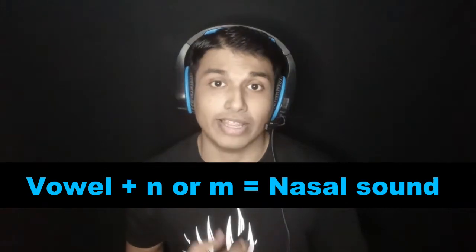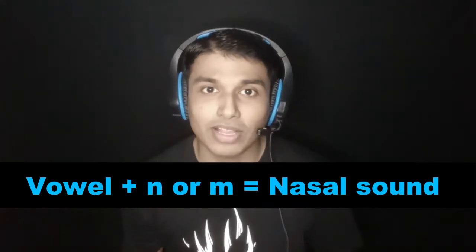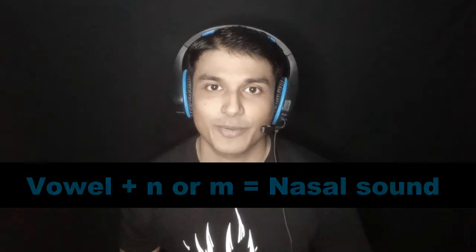So without further ado, let us learn the nasal sound A. When an N or an M is preceded by a vowel, we get a nasal sound in French. A distinct nasal sound. So we always have to keep in mind some combinations of alphabets, and wherever we see these combinations, we will get a nasal sound. I taught you the alphabet combinations in each video in this series. In this video, you will learn the combinations of alphabets for the nasal sound A.